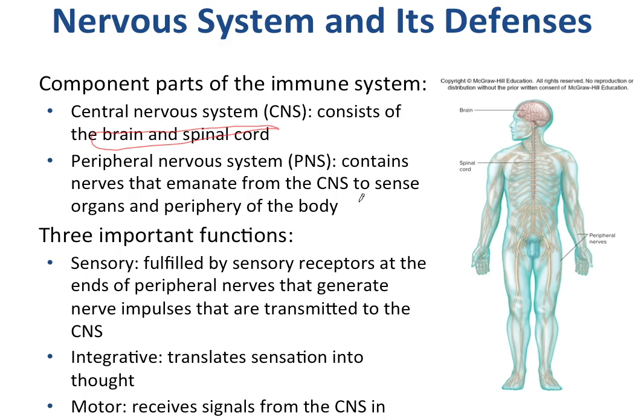So in the body, based on the function of the nervous system, we can classify the nervous system into three categories. The first is the sensory nervous system. The sensory nervous system includes the sensory receptors and the nerve fibers. The sensory receptors are the receptors for physical signals such as cold, hot,